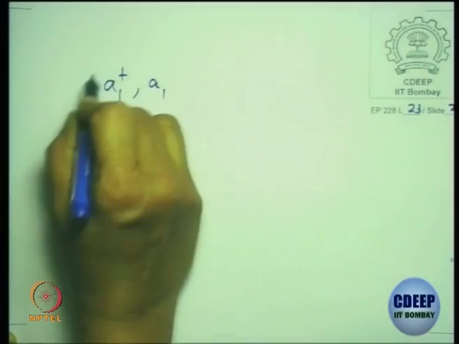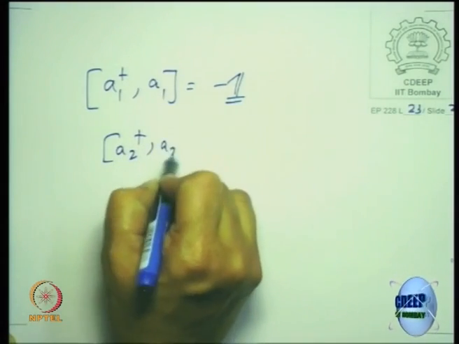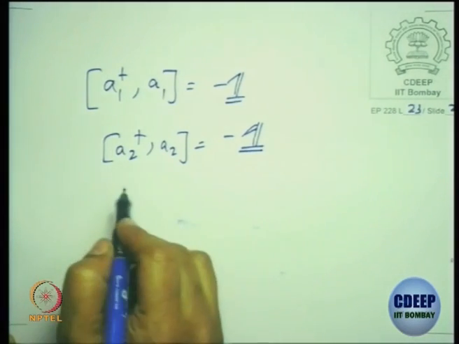Like if you had two harmonic oscillators, one having frequency omega 1, another having frequency omega 2, and I say that these two harmonic oscillators are non-interacting. You can write ladder operators A1 and A1 dagger for the first harmonic oscillator. You can also write B1 and B1 dagger for the second harmonic oscillator. But if I say they are non-interacting, what does it mean? The commutator of A1 with A1 dagger is 1, and the commutator of A2 with A2 dagger is 1. But if I say that these two harmonic oscillators are non-interacting,